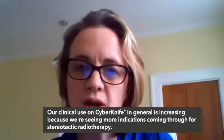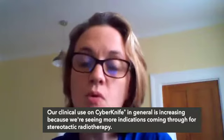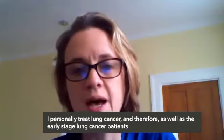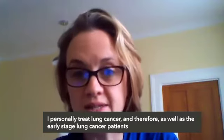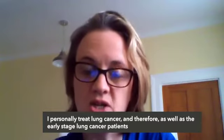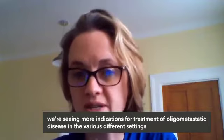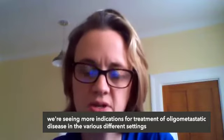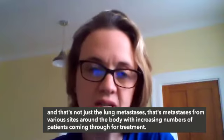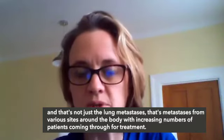Our clinical use of CyberKnife in general is increasing because we're seeing more indications coming through for stereotactic radiotherapy. I personally treat lung cancer, and therefore, as well as the early stage lung cancer patients, we're seeing more indication for treatment of oligometastatic disease in the various different settings. And that's not just the lung metastases, that's metastases from various sites around the body, with increasing numbers of patients